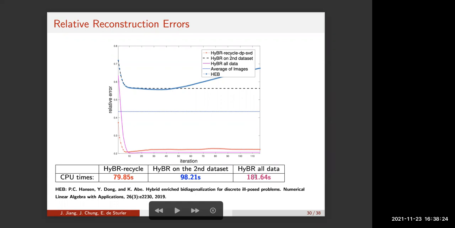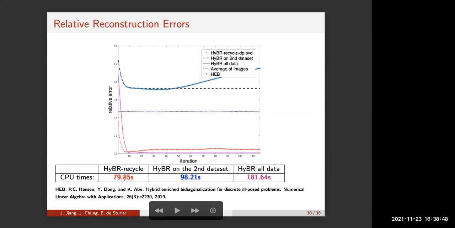Here we can also see the CPU time is the largest. And the hybrid method with recycling is our proposed method. We can see the accuracy is very close to the most accurate one, but the time is much faster,